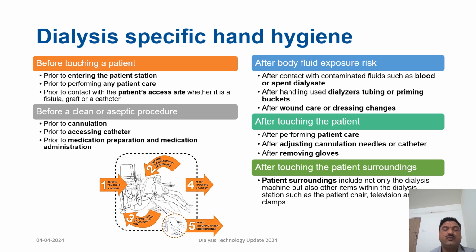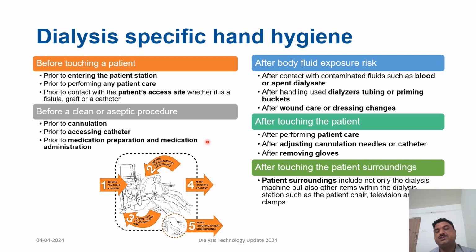So when a person is supposed to do hand hygiene, there are 5 important moments. First, before touching the patient, like prior to entering the patient station or prior to performing any patient care, or prior to contact with the patient access site, whether it is a fistula, graft or catheter. Secondly, before a clean aseptic procedure, like prior to any cannulation, prior to accessing the catheter, or prior to medication preparation